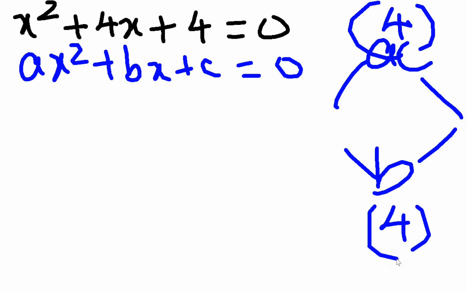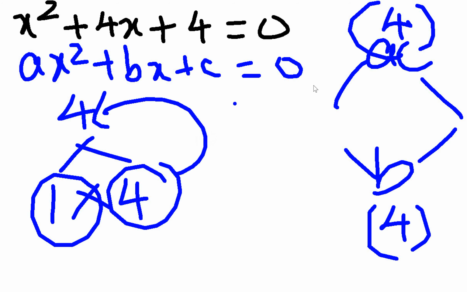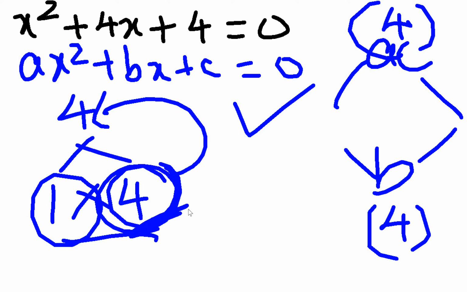So 4 and 4. Whenever we are choosing factors for a times c, I will choose it in such a way that it is the number and 1. So it is going to be 1 into 4 in this case. If I multiply 1 and 4, do I get 4? Yes, I do get 4. But if I add 1 and 4, do I get 4? No, I don't get 4. So what do I do in order to get 4? I will split this term further. What can be done to this term, that is 4, apart from 1 and the number itself? It can be split into 2 into 2.